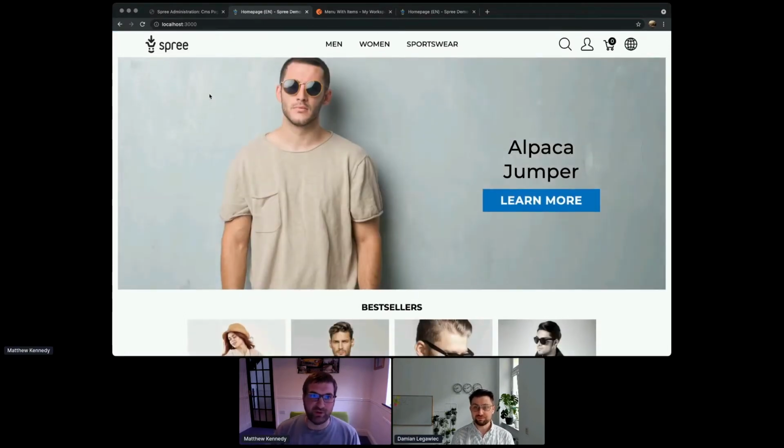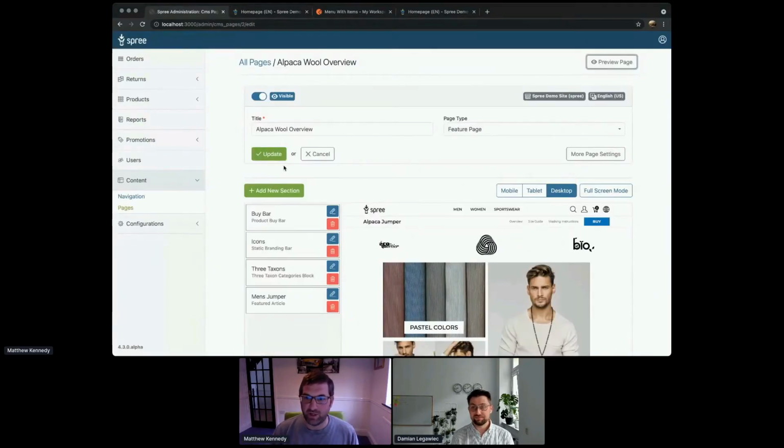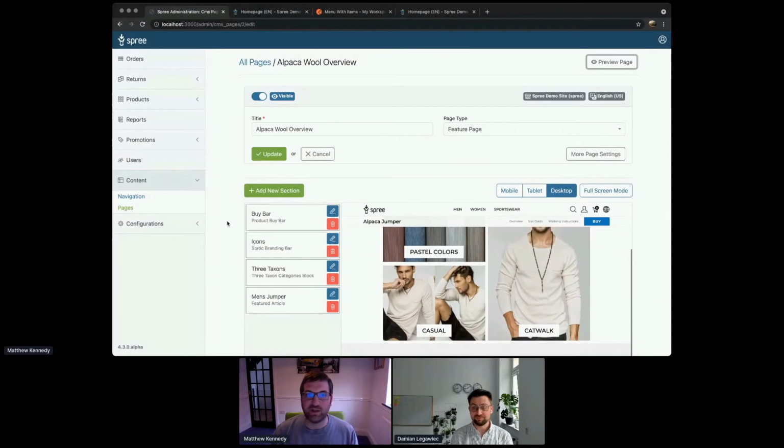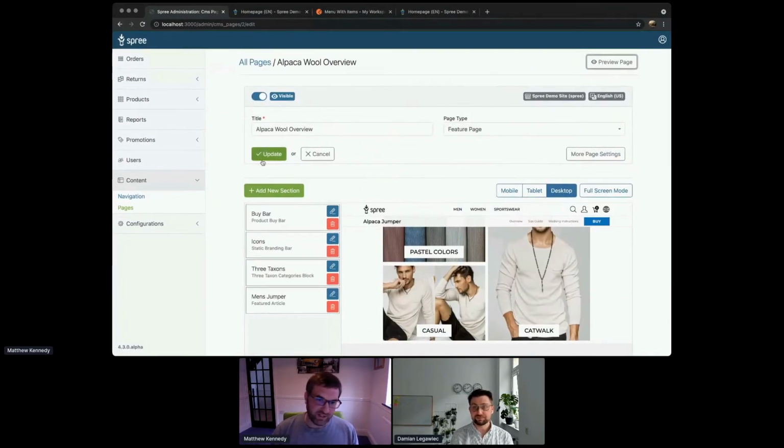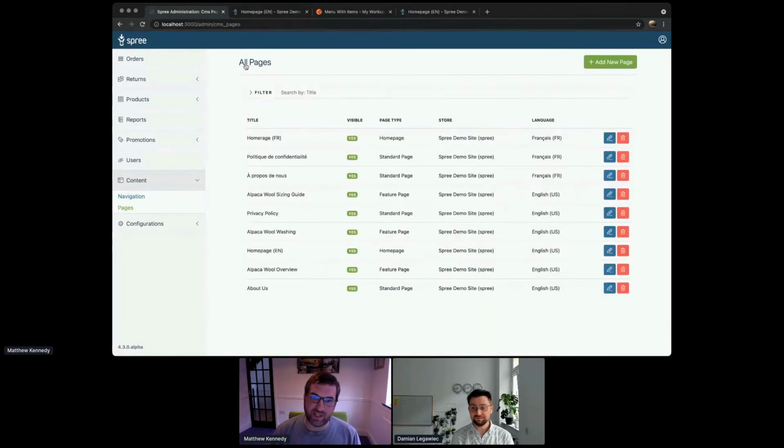If you have a complex product, you want to get more of a sell across, rather than just text, you want to get some real rich content across. So that's great, and that's feature pages. That kind of covers the pages section, but all these pages are only so good if you can link to them. So there we have navigation.